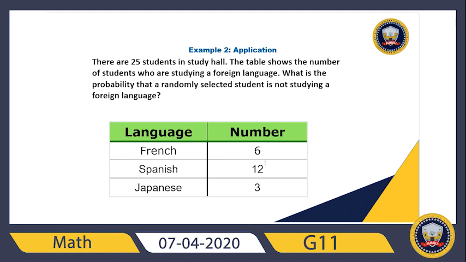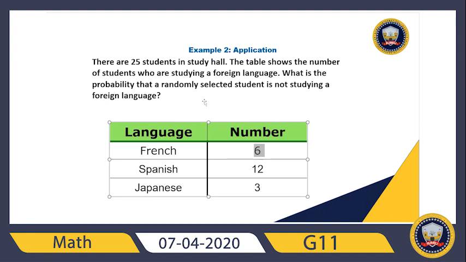So if the simple question was to find the probability of a student being in the French class, you would say immediately, okay, 6 over 25, because the number of favorable outcomes is 6, while the total number of students is 25. So the probability that this random student is a French student is 6 out of 25. The same goes for the Japanese class, 3 out of 25, and 12 out of 25 for the Spanish class. But the question is,